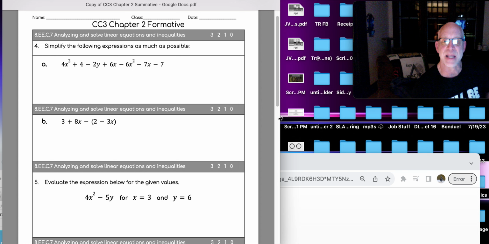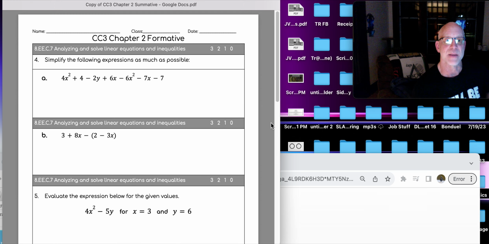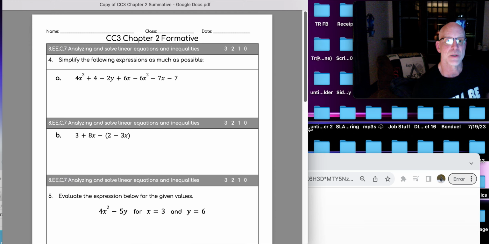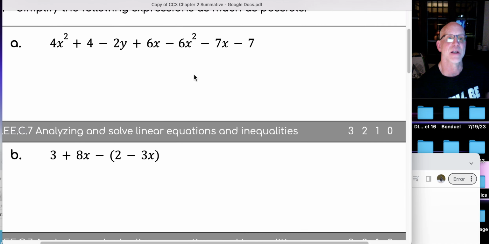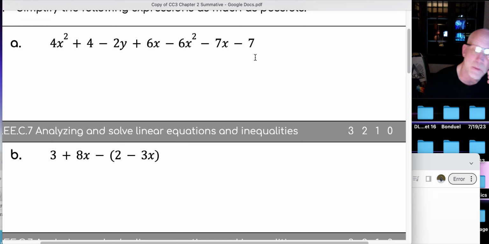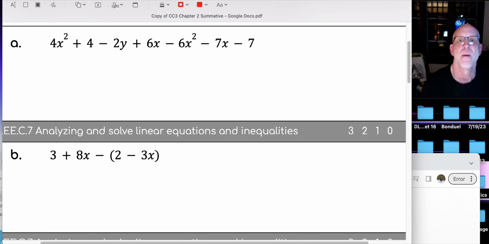This is kind of the same thing as we had before. And again, on this one, I encouraged you to use tiles. Because if you use tiles, you can see what's negative and what's positive. But if you don't have tiles, think about this. We have 4x squareds, and then we take away 6x squareds. So now we have negative